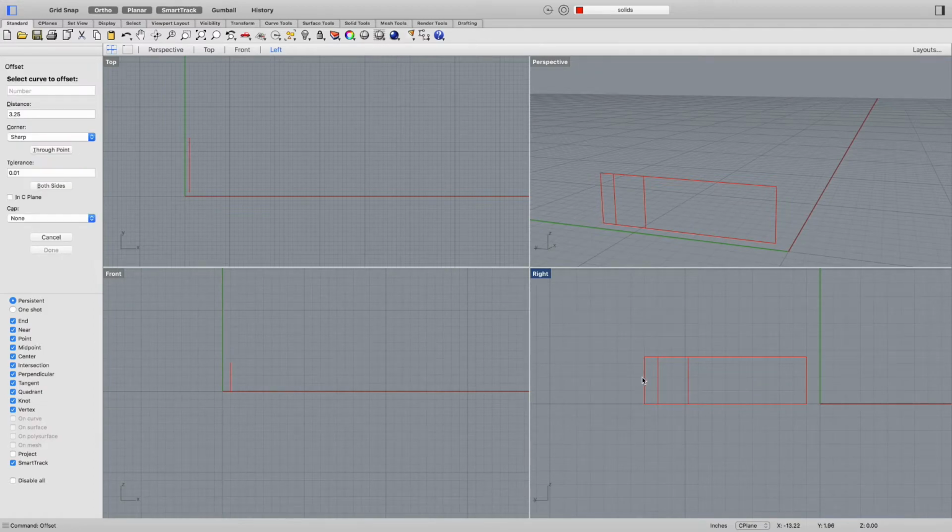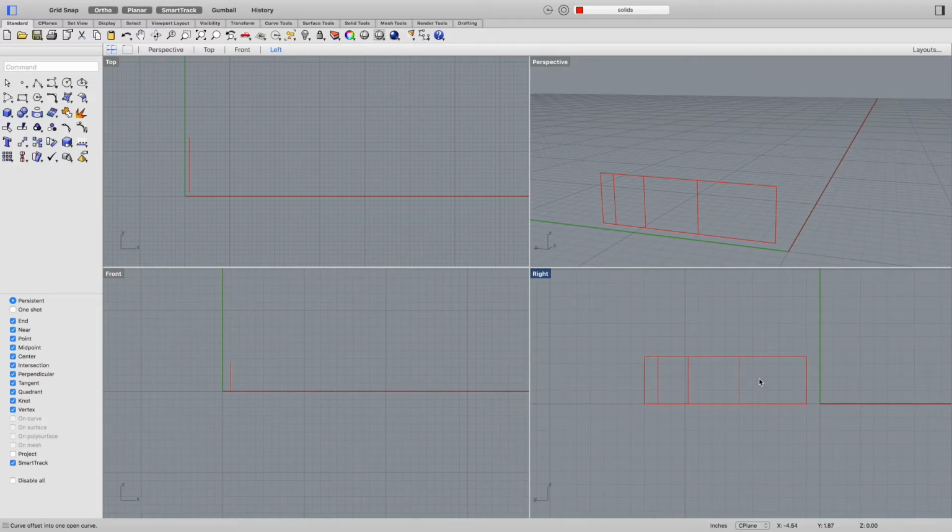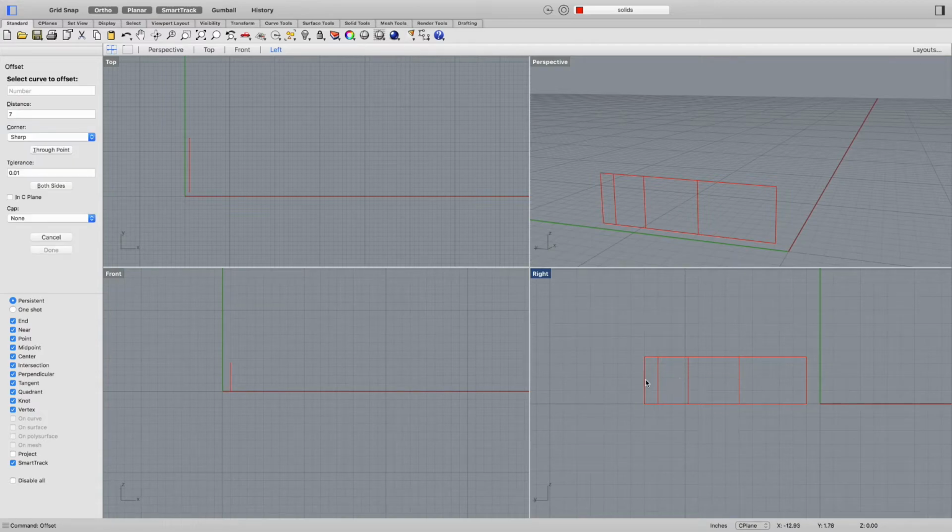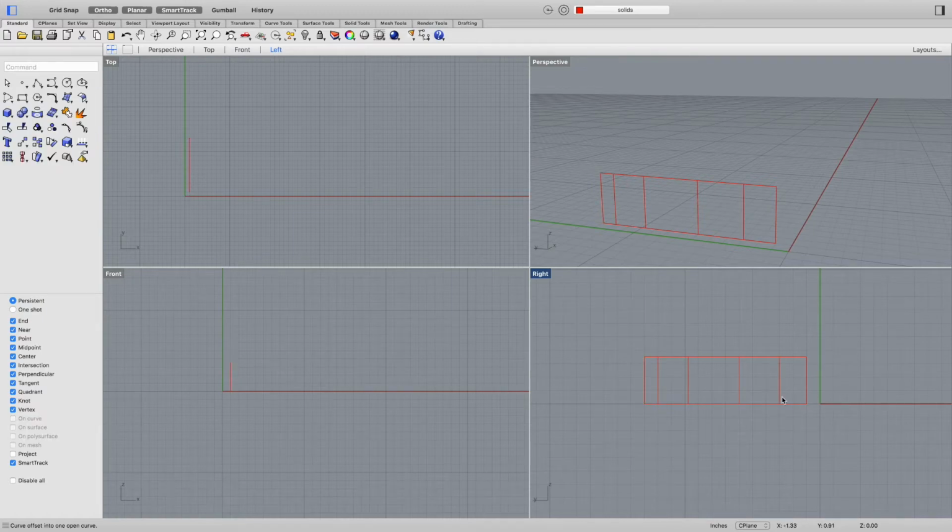Do it one more time, this direction, 7, enter, click, and then one last time, this way, 10, enter, click, and then go from the bottom, enter, up,